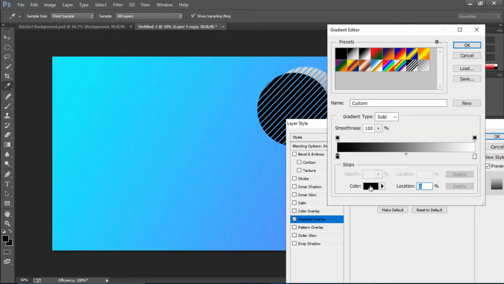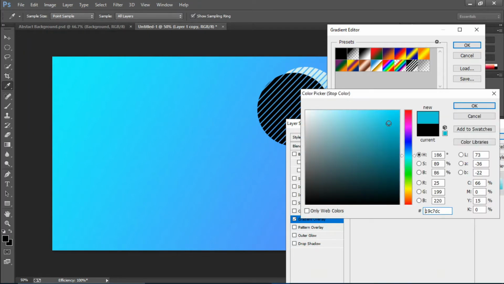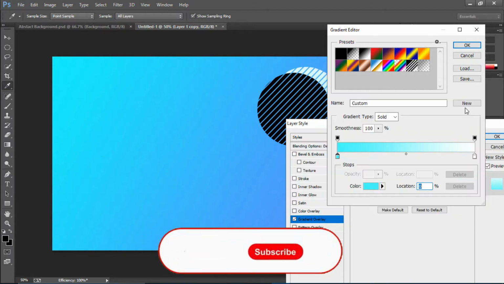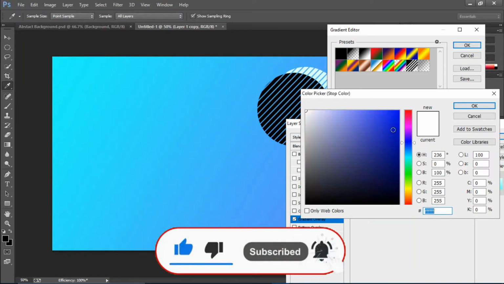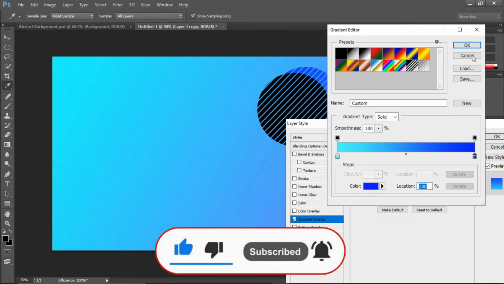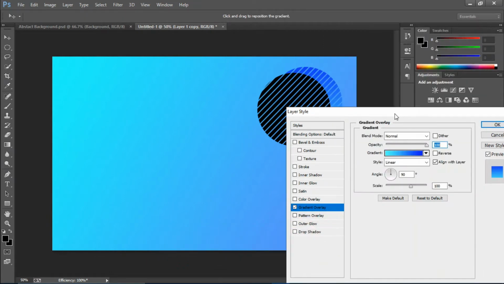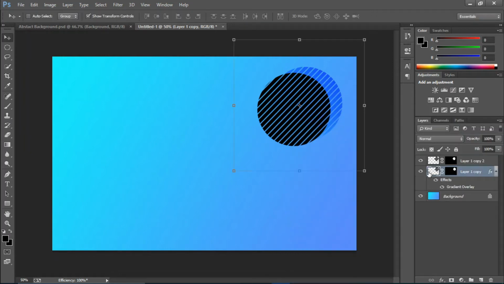I'm gonna select a bluish color for the start like that, and I'm gonna select a dark blue for the end color. Cool. This looks great. Just increase the scale a bit and make a different angle. Looks good. Okay, so now what I'm gonna do is I'm gonna select this layer and go to effects and